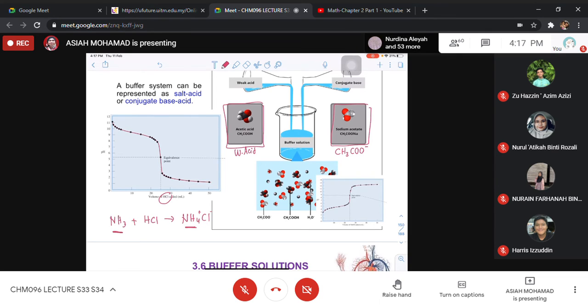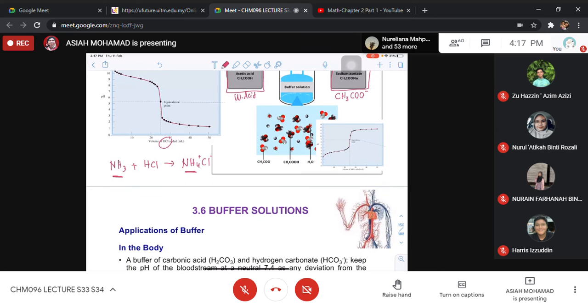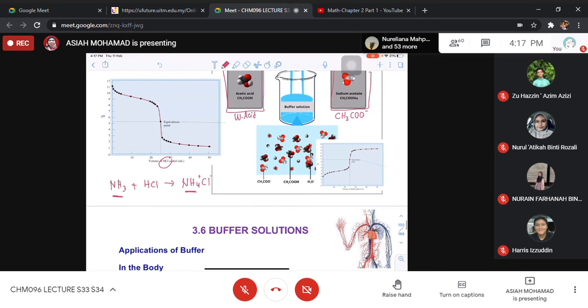So in this case, katalah you mula dengan ammonia kan, sebab ni pH start dengan basic range. Okay, so bila you apa ni, construct the ICE table for mole, katalah ammonia initially you ada